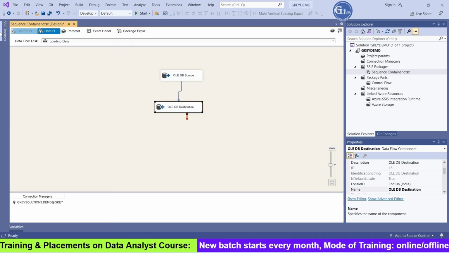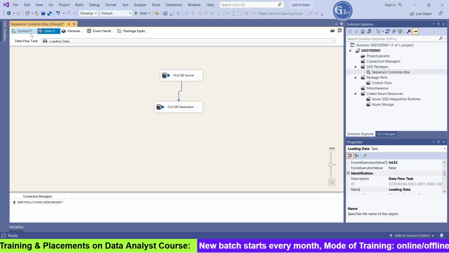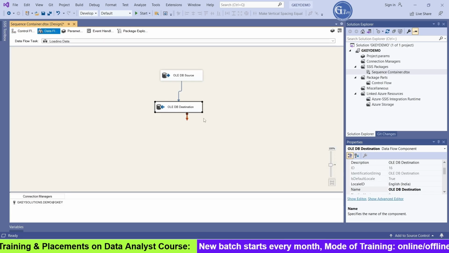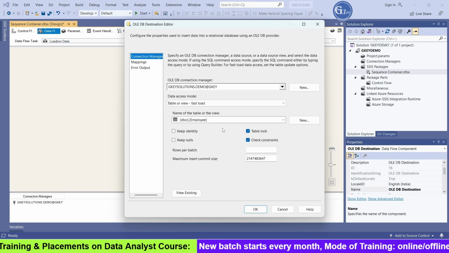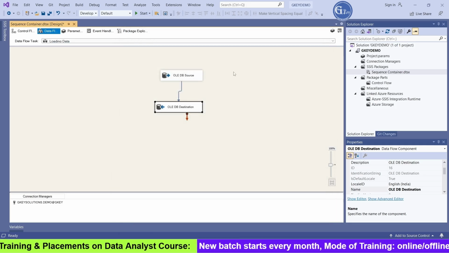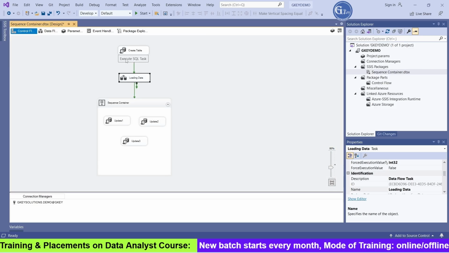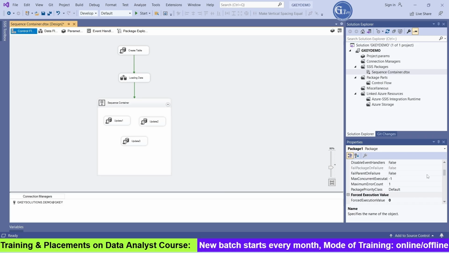Okay, in this scenario, if you do not disable the delay validation, it will check for the syntax here. After the first step only the table is going to be created here, but while designing this, we have to provide the output table here. In this way you can't get this table name in the drop down. For that I created the table, and once I designed it, I dropped the table, and the design is perfect. To execute these things perfectly without checking the syntax, I have put delay validation for this package